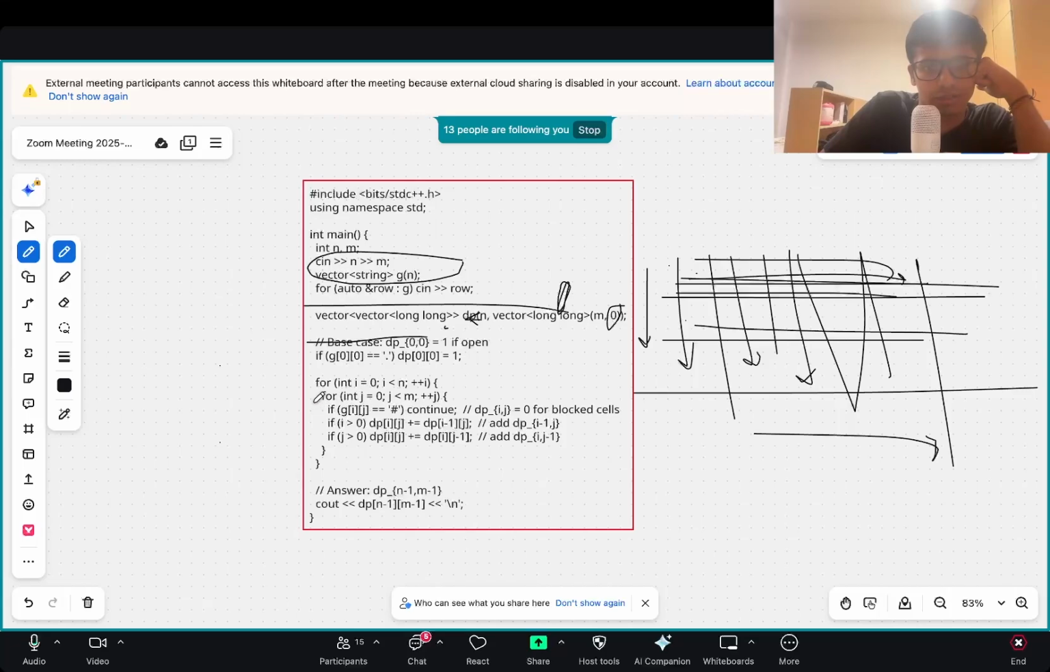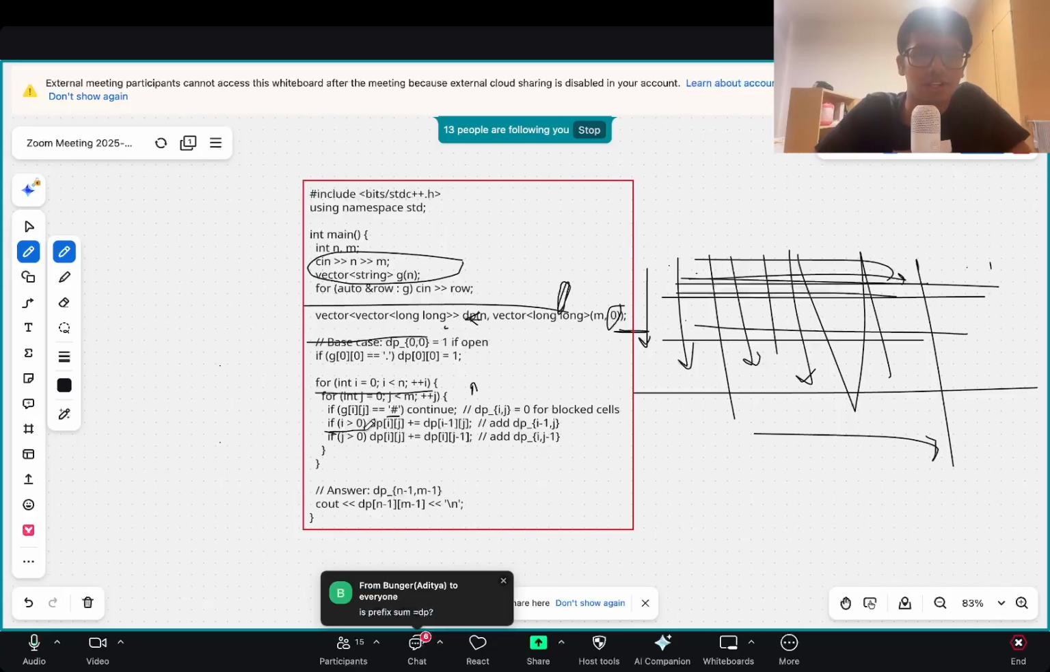And so here we go, for each row you go increasing column, and if it's a blocked cell then it's 0 because it's already initialized with 0, so you do nothing. If it's in the grid, this is also important. If i is greater than 0, because if it's not in the grid then it's not possible, and if j is 0 then it's just